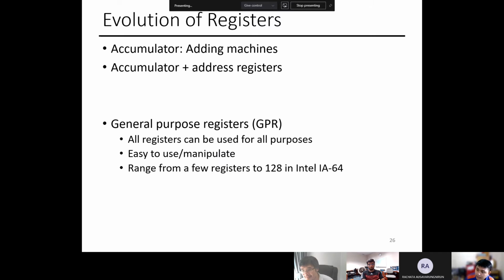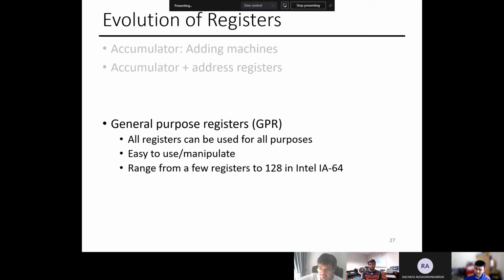And then the last evolution, which we use right now, is that every register acts like a temporary variable. We call this a general purpose register. Our registers can be used for all purposes. It is easy to use, easy to manipulate. It ranges from a few registers to a lot, like the Intel Itanium processor, which is the one that Intel used to have, and it doesn't really sell anymore because it kind of morphed into the